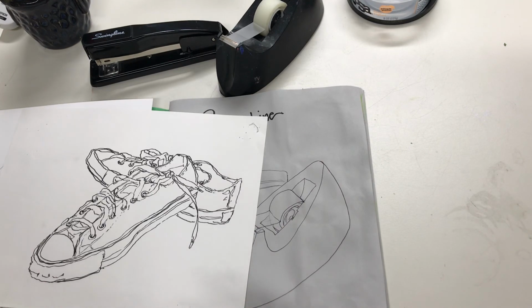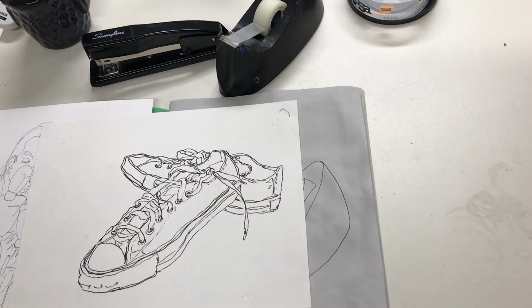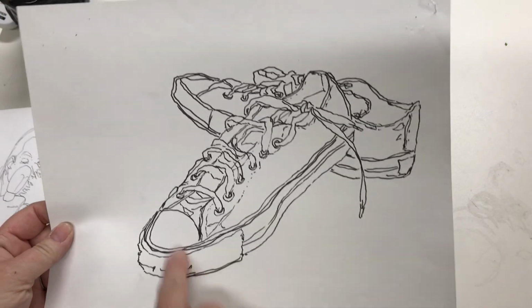So draw the line outside of each object? Correct. The outline of the object. Yes. Use pen. Including the inner lines? Well, the inner lines as well. Look, this is not just the outline edge of